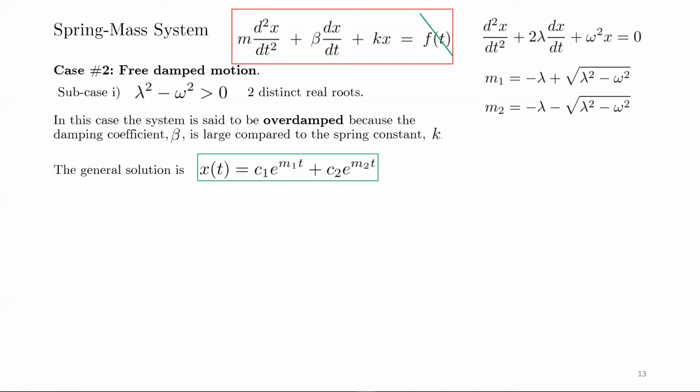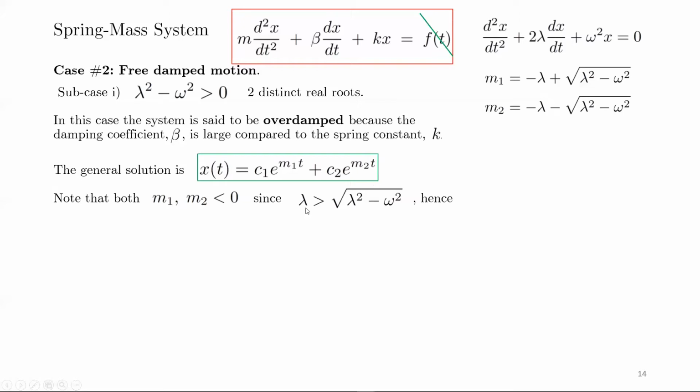Now both the roots are negative, okay? And the reason for that is lambda is going to be larger than the square root of lambda squared minus omega squared, right? Because if I have something called lambda squared and I subtract something that's positive from it, well, this has to be smaller than just lambda itself. Okay, so maybe you could pause the video here and just take a moment to think about